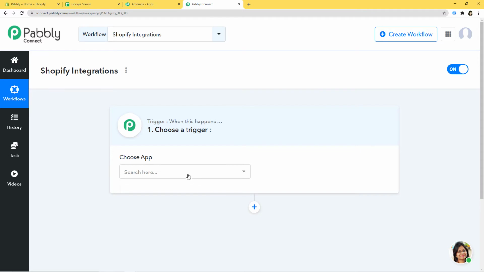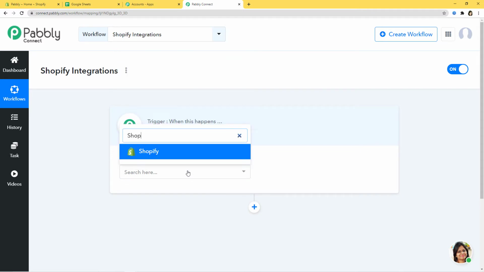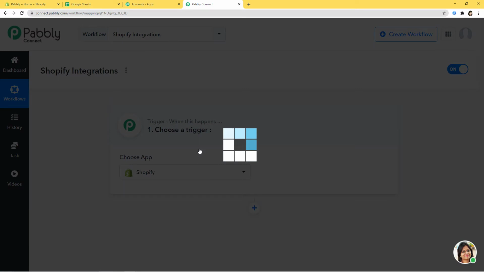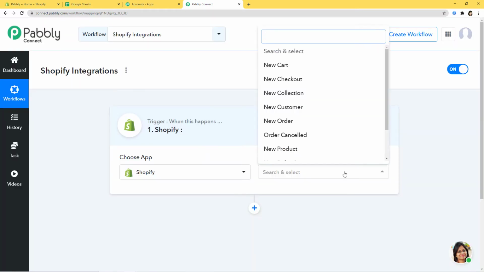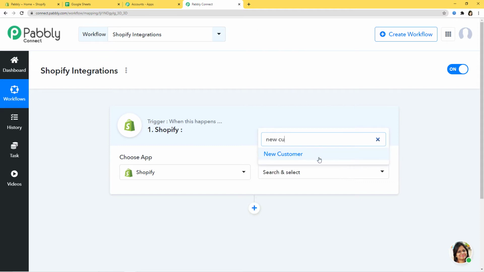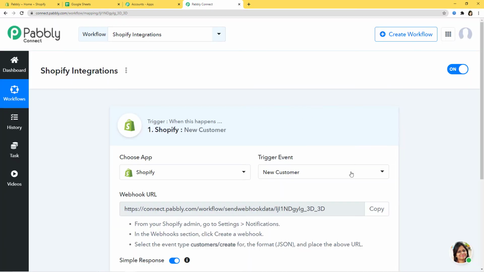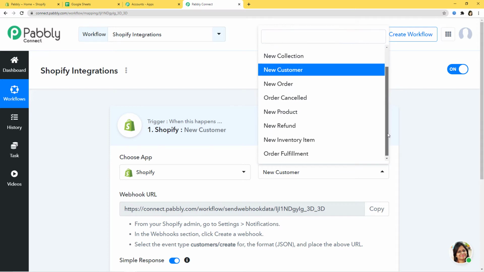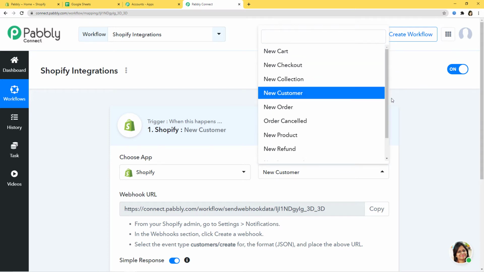Okay, so now in Choose App first, I am going to choose Shopify here. Okay. Now, according to our workflow, new customer created in Shopify will be our trigger event over here. New customer created. This one, new customer. So when you click on trigger event, you might have seen that we have various trigger events available. You can select whichever trigger event you want according to your choice. And if you don't get the trigger event of your choice, you can contact our team at admin@pabbly.com and our team will help you.